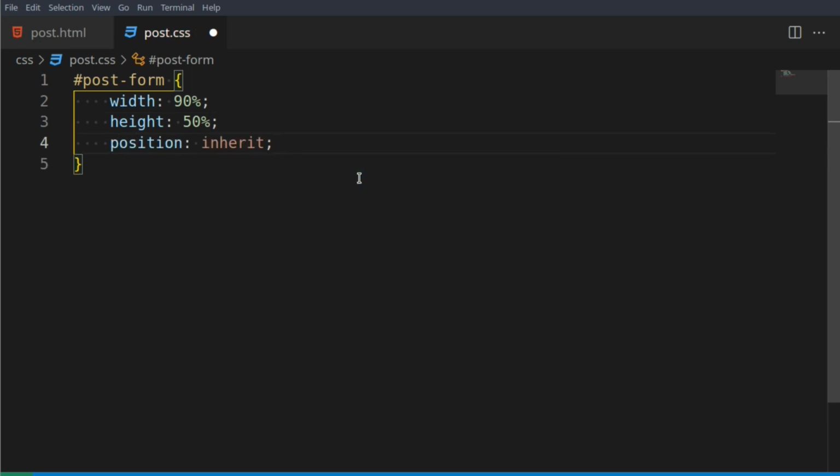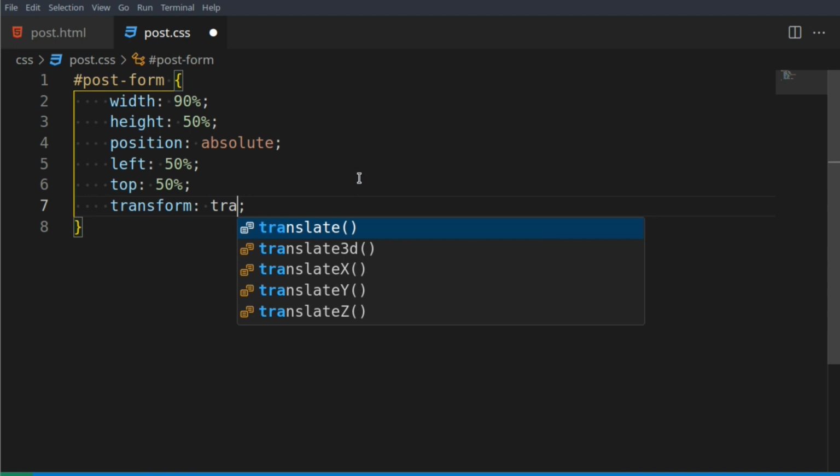Position absolute. Since this is the only thing on the page, absoluting the position isn't that bad. But usually I would always recommend going for something like relative instead. But in this case, since this is literally the only item on the page, absolute won't really be too much of an issue. We can say left 50%, top 50%,